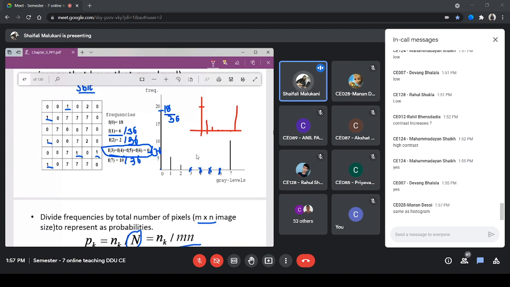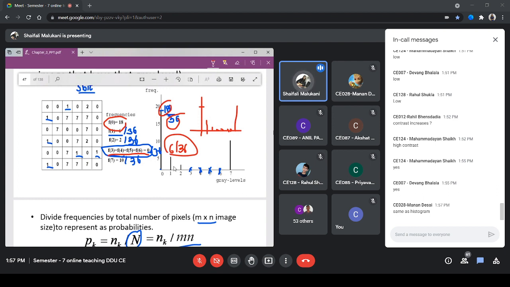Yes, the shape of the PDF, because if my occurrence of 0 is more, then the probability will be relatively higher. If they are not occurring at all, the PDF is also going to be 0. The y-axis values can be different, but the y-axis is a normalized one. My PDF is nothing but 18 divided by 36, or 6 divided by 36. Whatever value I had on the y-axis, they are the same values, just normalized.